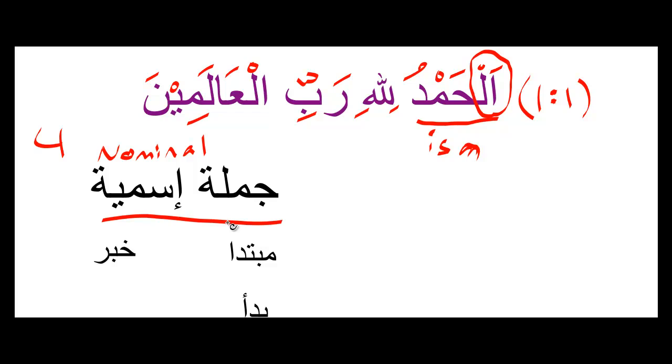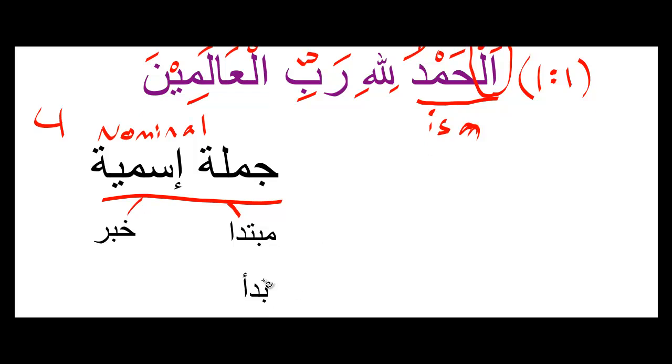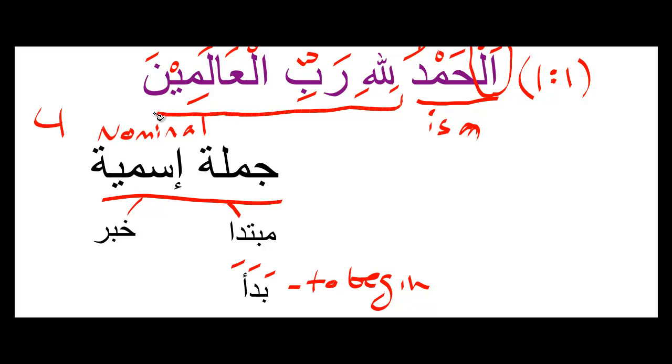And so once I've found out it's a jumla ismiya, I go back to my knowledge of Arabic grammar, and I know that a jumla ismiya consists of a mubtada and a khabar. And a mubtada is called a mubtada because it comes from the root bada'a, and that means to start, to begin. Okay, so this mubtada is this first word because it begins the sentence,